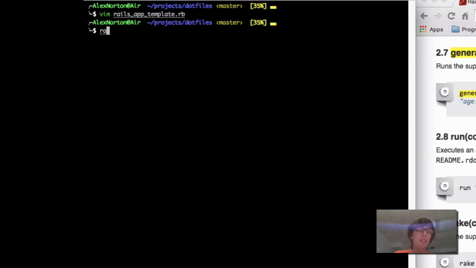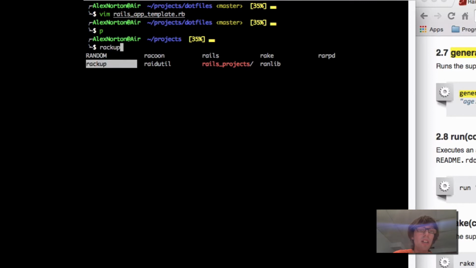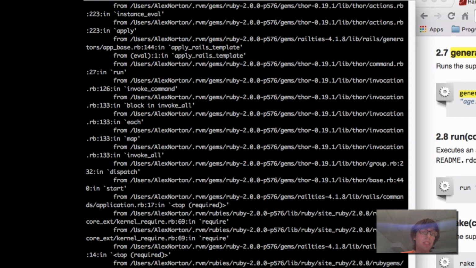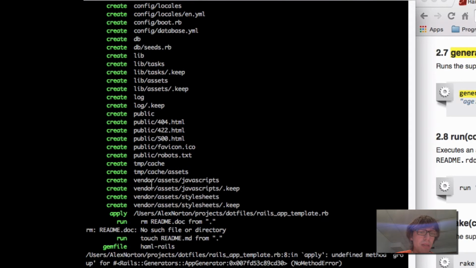So what I want to do here is I'm going to go outside of that folder, and I'm going to go Rails, which I spelled wrong here, rails new, and then we'll just call this first project, and I'm going to give it the -t switch so it doesn't do the regular testings, because I'm going to install RSpec, and then I'm going to give it the -m switch, and I'm going to point it towards my Rails app template, and we're going to see this all run. And I have an error, and the error is undefined method group for Rails generator methods,